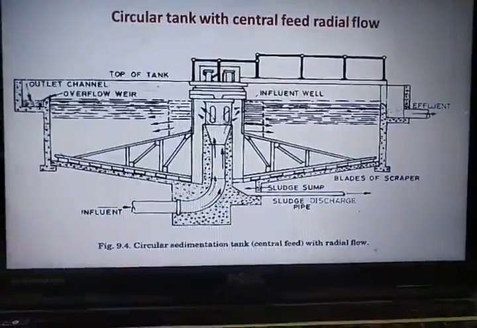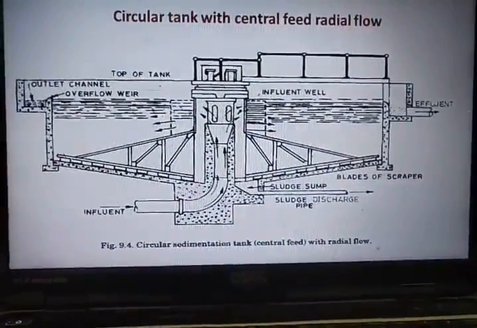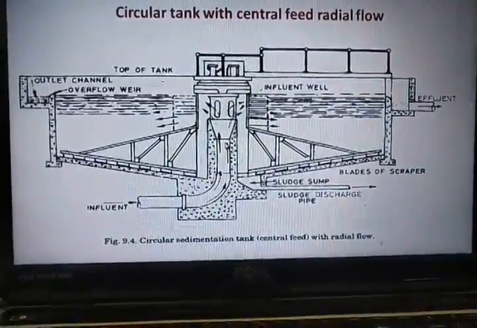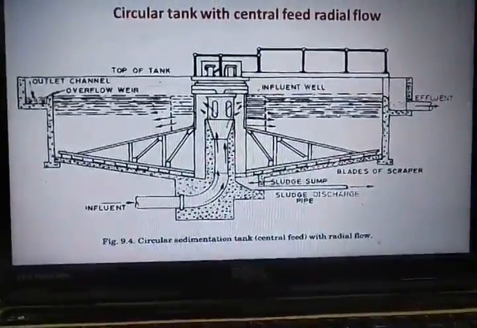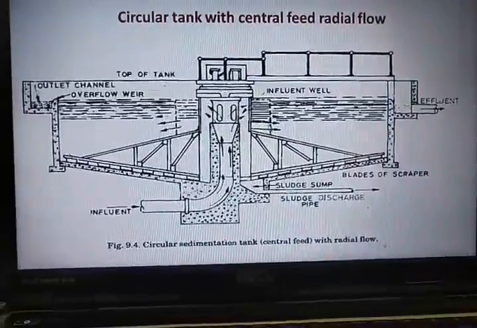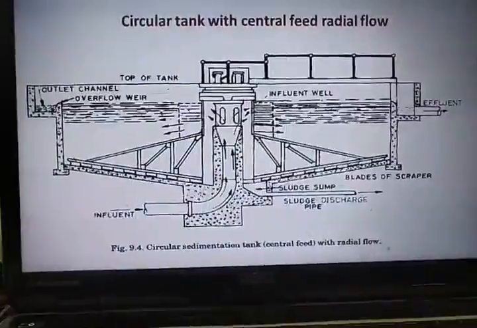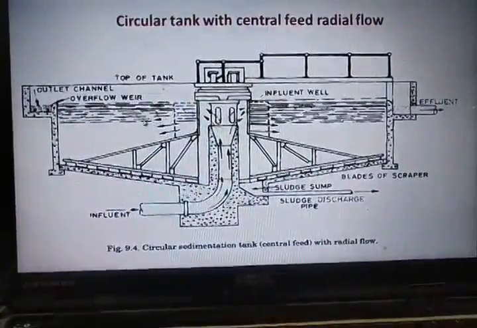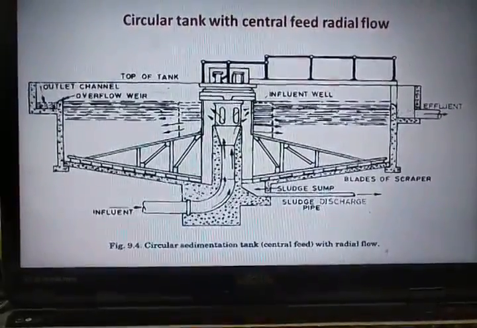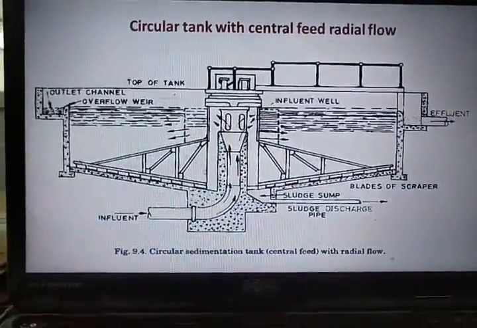And this is the circular sedimentation tank. As you can see here, there is a central feed, and this is called the influent area, wherein water will enter into the system through this influent well, and slowly the water will be allowed into this settling zone. And this is a steady state quiescent type of area wherein the water is allowed to stand for some amount of time, that we call detention time, through which the solids will settle at the bottom.